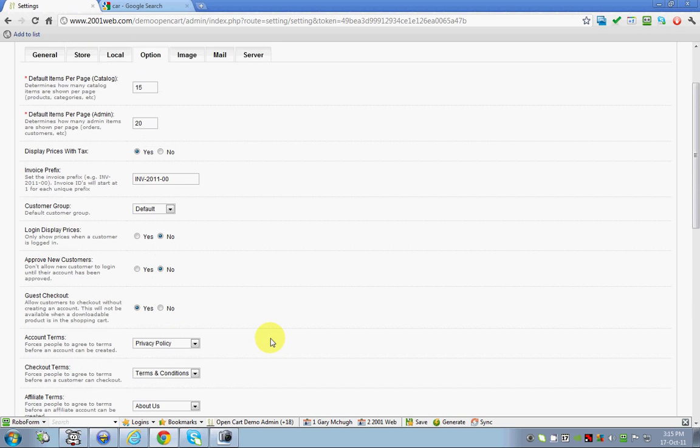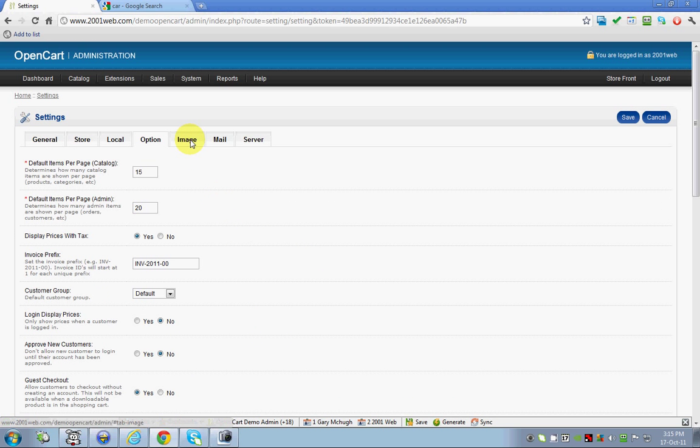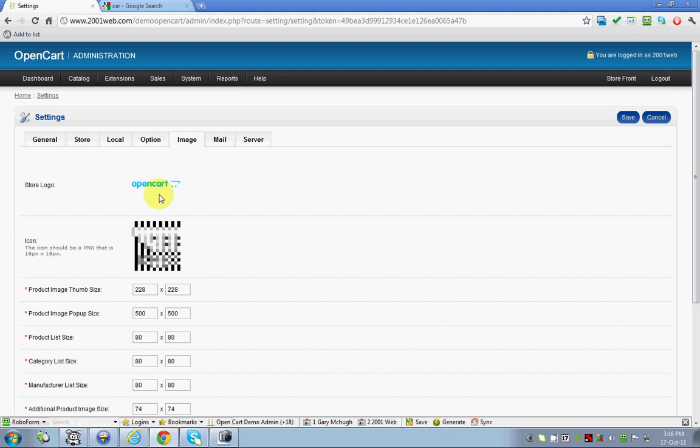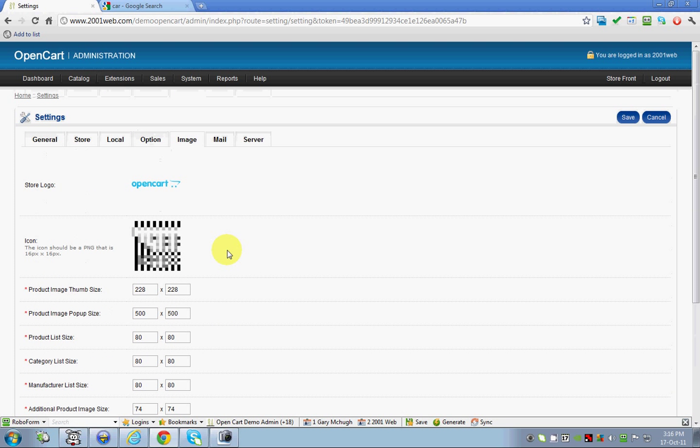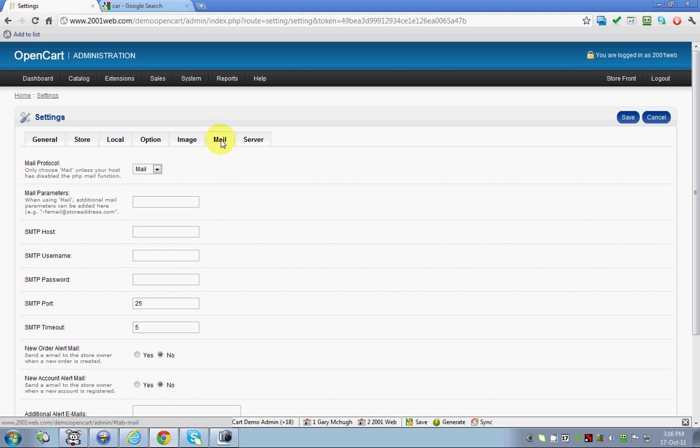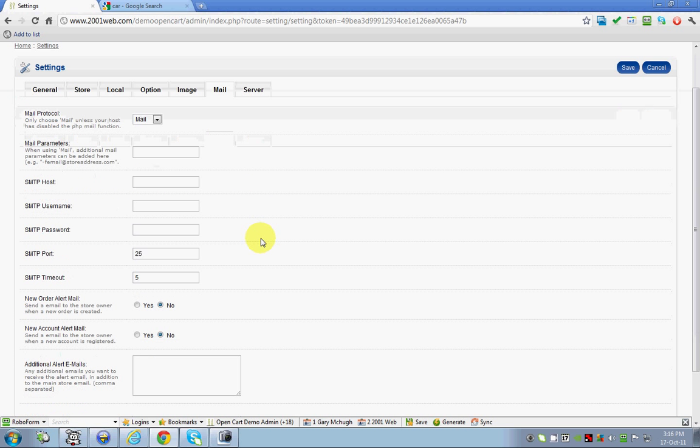Okay, so let's go back up to the top here. Image. This logo will have been specified by us when we designed the site. Again, really there's nothing on this page that you need to change, so you can ignore that page. Mail, again, don't set this up unless you know what you're doing. This is SMTP. Most of our web hosting accounts use regular POP3 emails, so don't mess with any of those